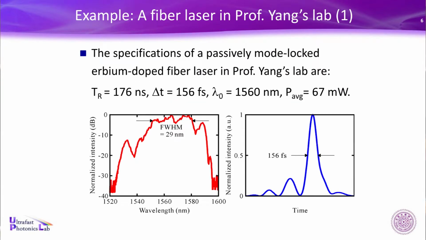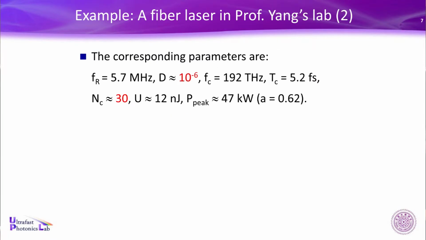Then you can know the repetition rate. 5.7 megahertz means in 1 second there are 5.7 million shots. 1秒钟有570万发的 pulse in this case. You can also calculate the duty cycle, which is very small, 1 millionth. Roughly speaking, 这个雷射只有100万分之一的时间有 power，其他都是暗的。